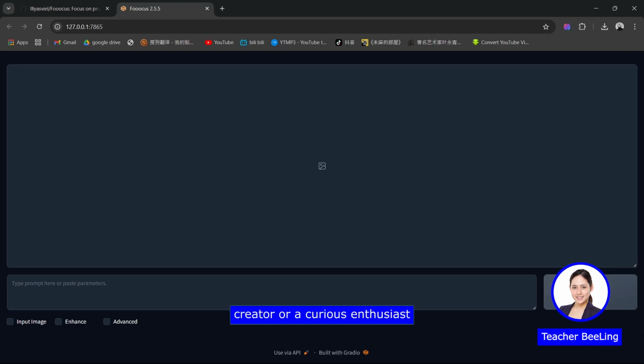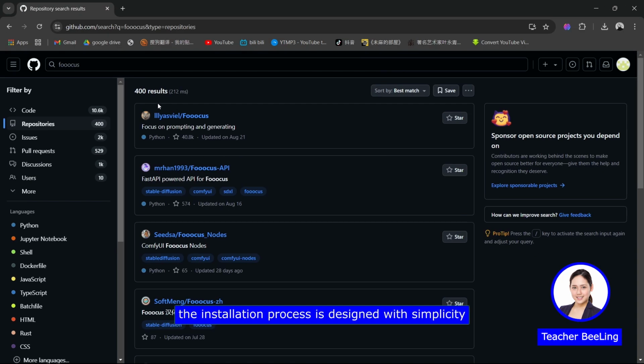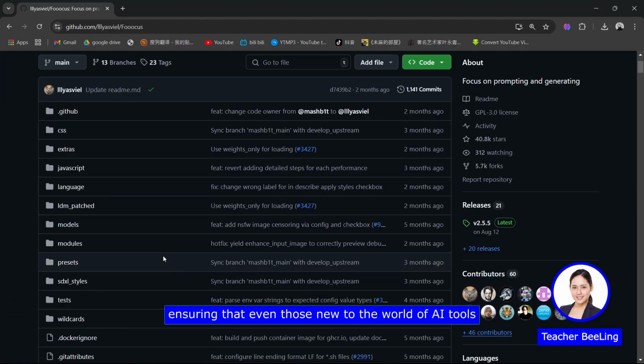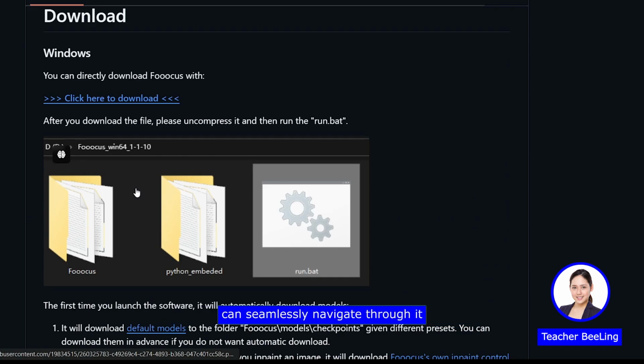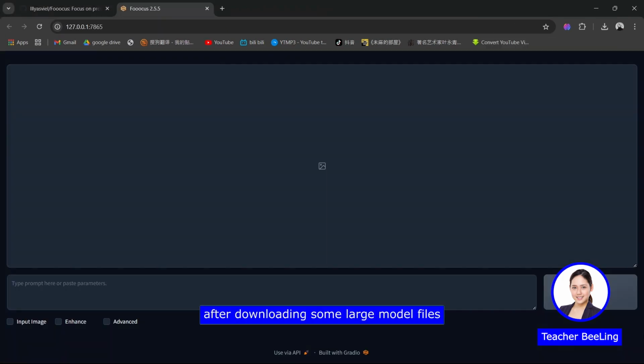Whether you're a seasoned creator or a curious enthusiast, this guide will equip you with everything you need to know to harness the full potential of Fooocus. Let's jump right in. The installation process is designed with simplicity in mind, ensuring that even those new to the world of AI tools can seamlessly navigate through it. After downloading some large model files, your web browser should open, and now is a good time to familiarize yourself